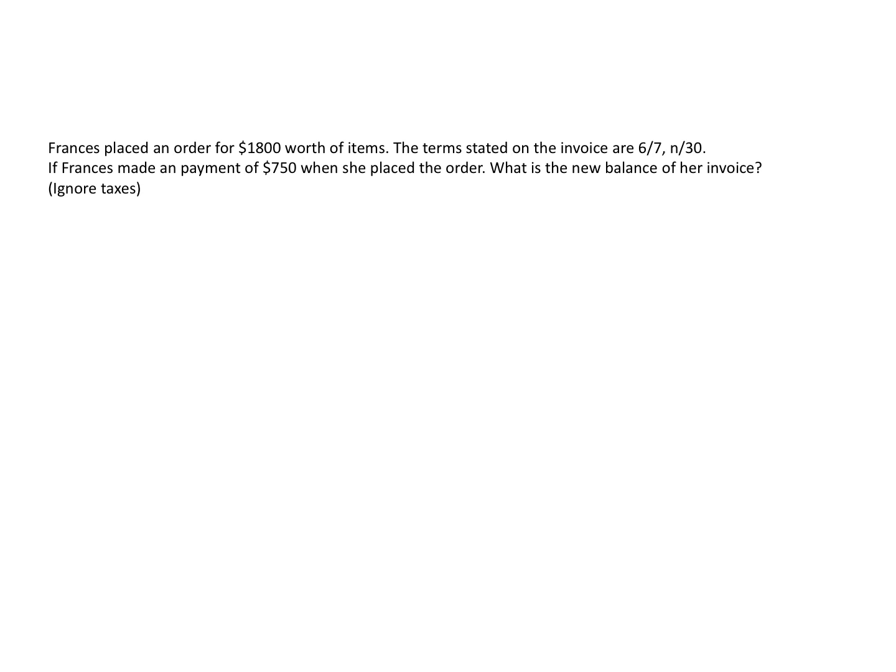One last example here. This time we have an order for $1,800. The terms stated are 6/7, N/30. If Frances made a payment of $750 when she placed the order, what is the new balance of our invoice? And we're just going to ignore taxes this time. So what we're going to find is that amount